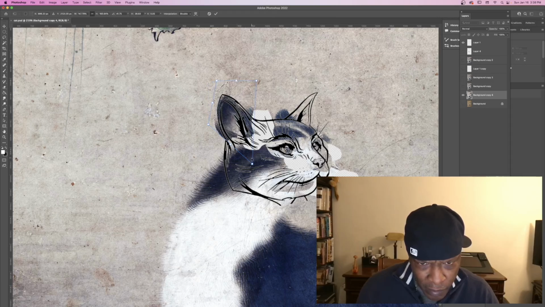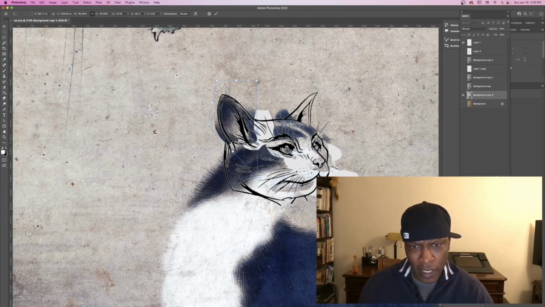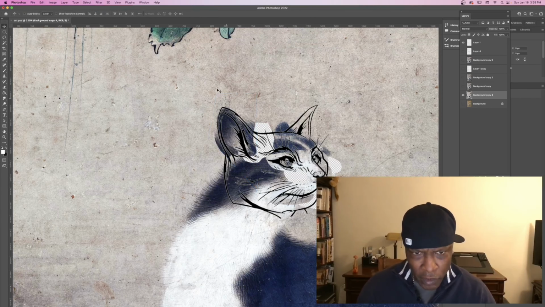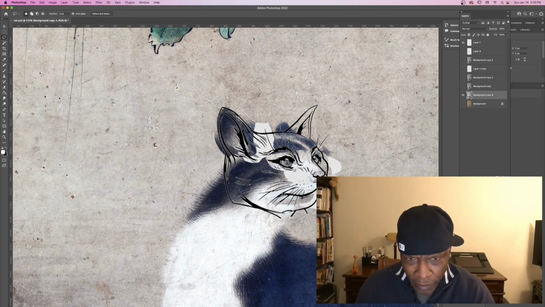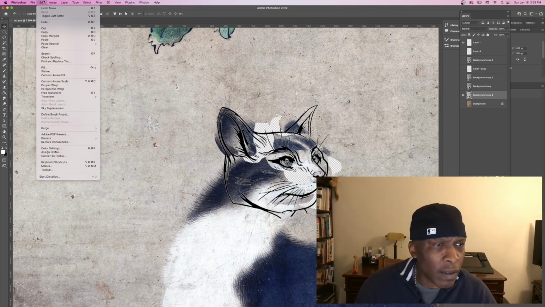Try to get that as best you could as far as that shape, that overall shape. You don't want to make it too big because then it's going to take away from the original look. The technique here is to make this very seamless, so that the viewer would not be able to tell what you did here. So I'm going to transform again,